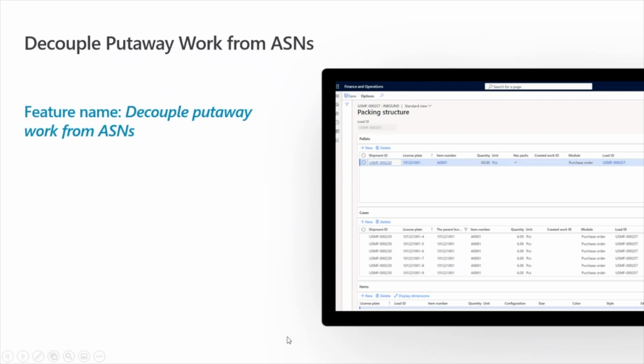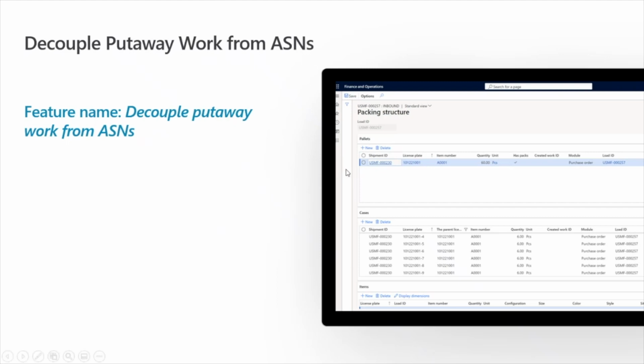And then we've got another feature here that is not really one that you're going to see in the UI, but it is important to note if you are using the distributed hybrid topology architecture. So this feature is called decouple put away work from ASNs.